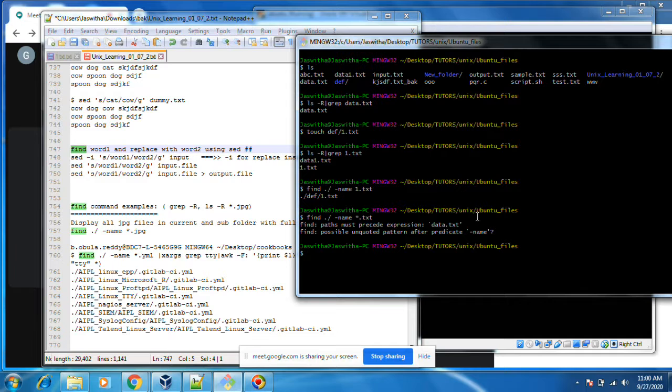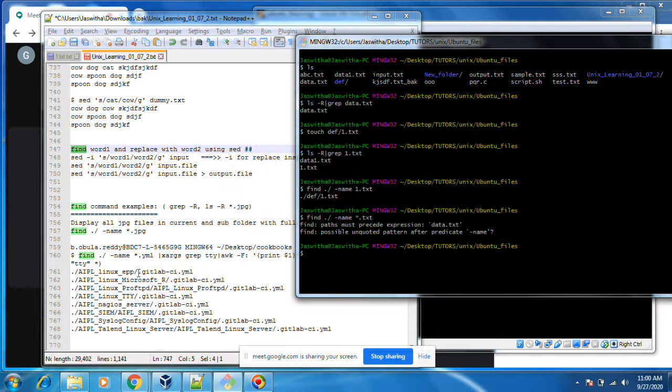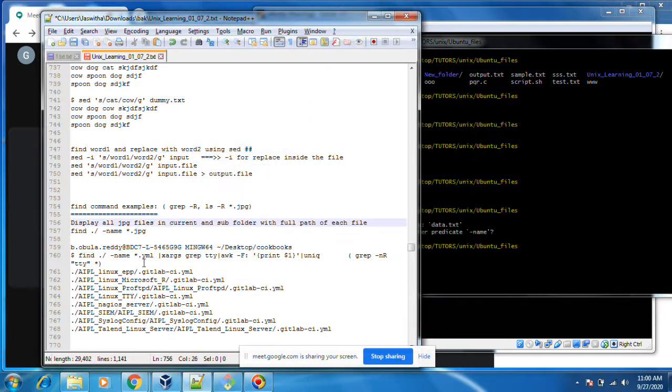Now I want to do find and replace. I want to find all YAML files. It will display all YAML files. xargs, here is another command, for extra arguments.